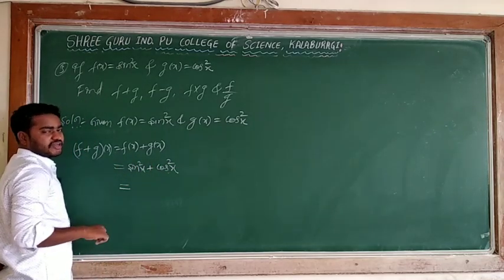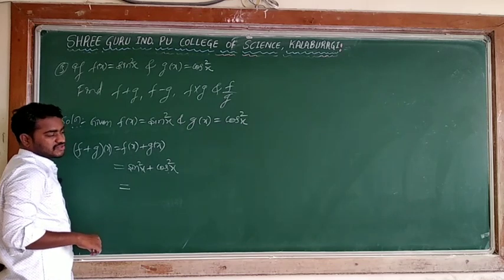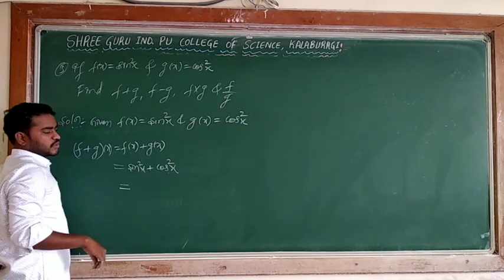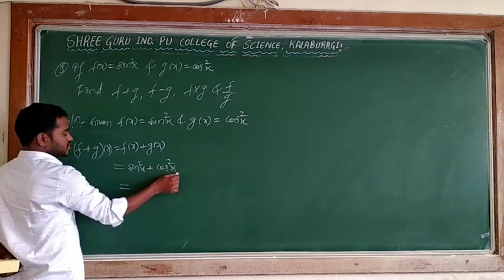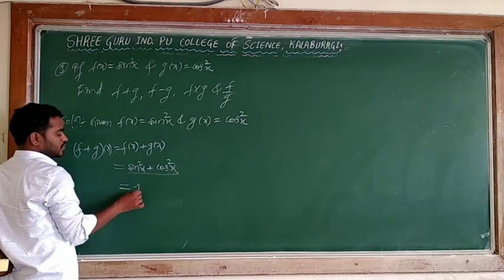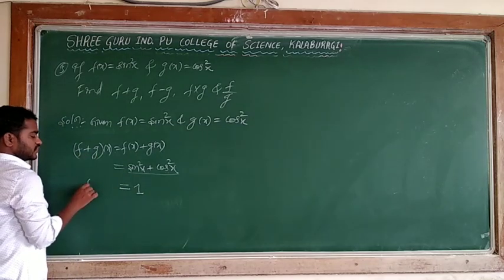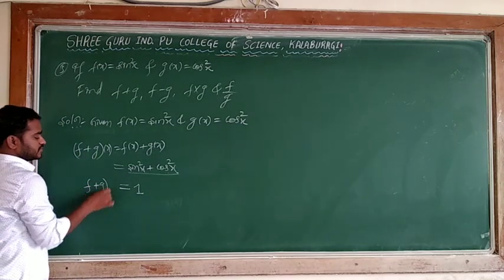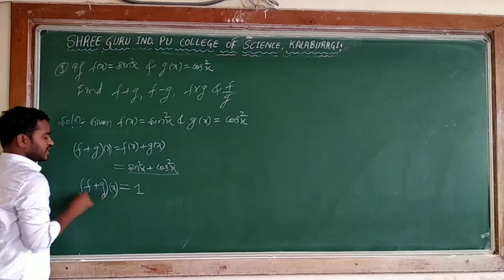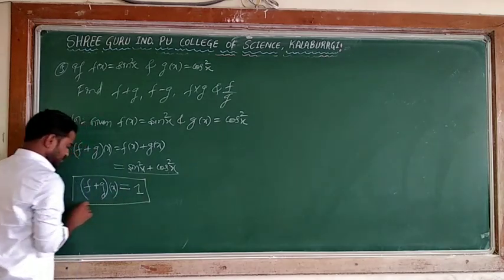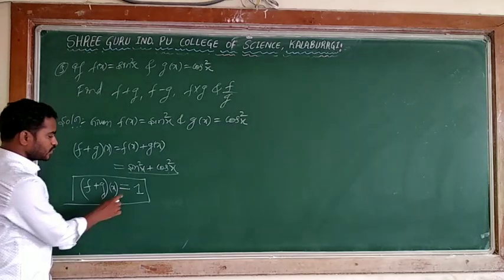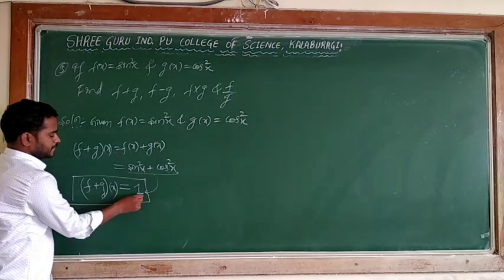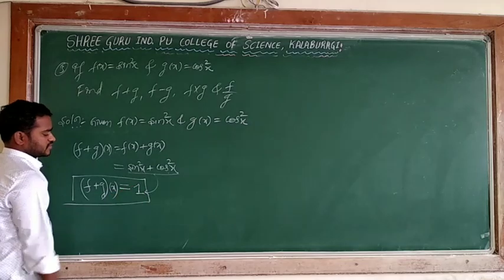I think in the 10th standard you have done sin square x plus cos square x is equal to 1. So it is our identity, trigonometric identities. sin square plus cos square x is equal to 1. This is according to 10th knowledge you have done. In first year again you have trigonometry. You will come to know in the case of trigonometry, sin square plus cos square is equal to 1. This is the value of this one.